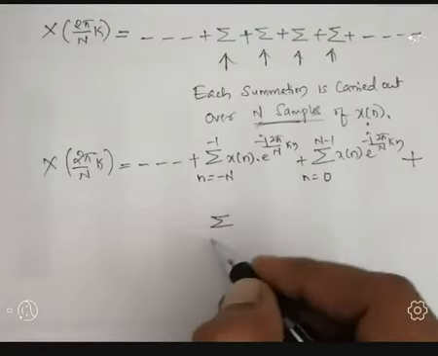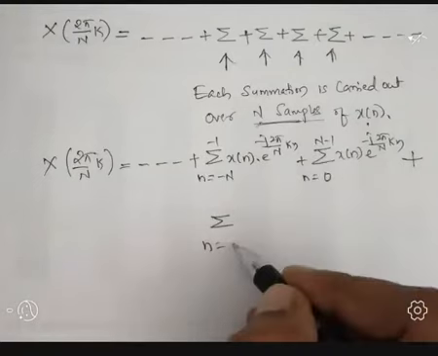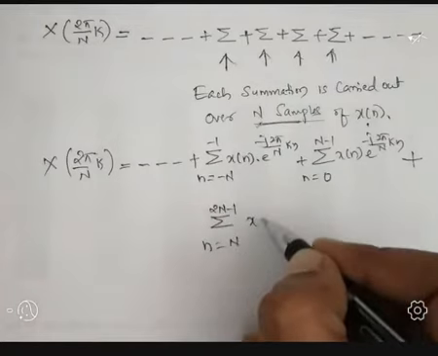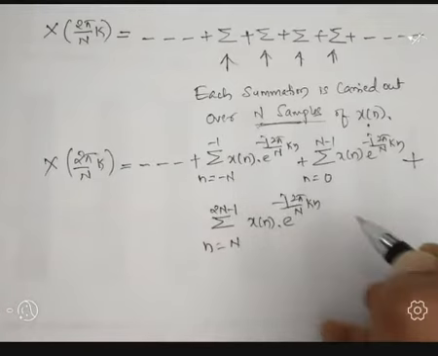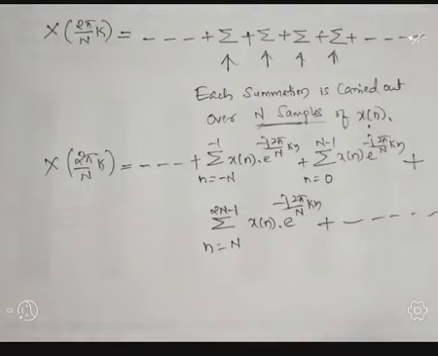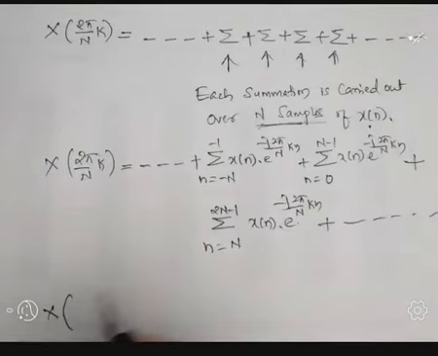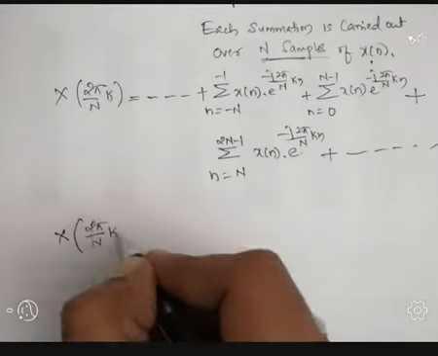Summation n equal to the value of next value of n minus 1, that is n to 2n minus 1, x of n e to the power minus j 2 pi by n into kn, plus so on up to plus infinity. So the above individual summations can also be represented as, each individual summation term I'm going to represent in general as x of 2 pi by n into k is equal to,